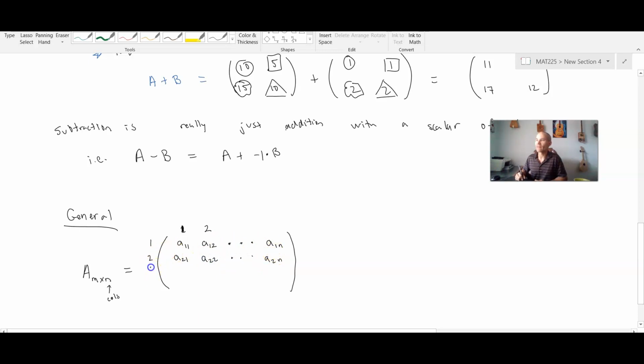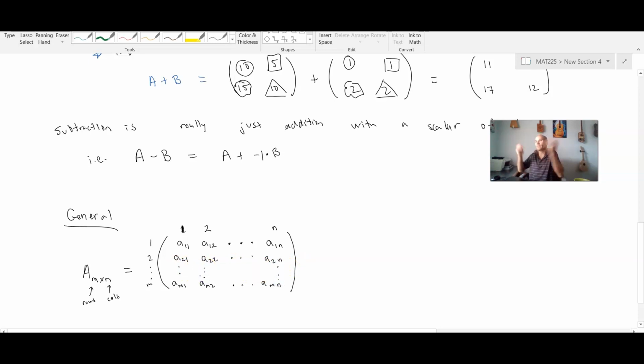Now this is going to have m rows. So that means the mth row will be Am1, Am2, all the way over to Amn in the nth column. And so we'll just put some dot, dot, dots here just to indicate